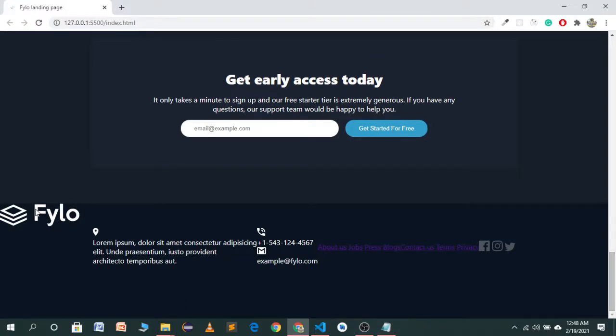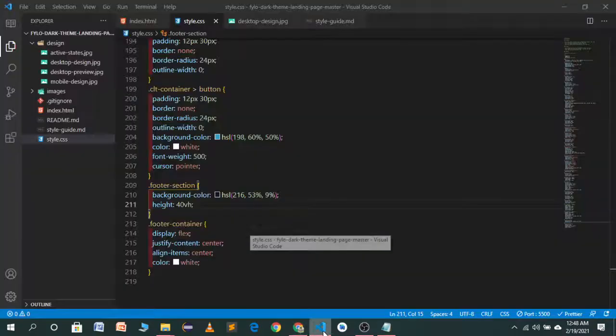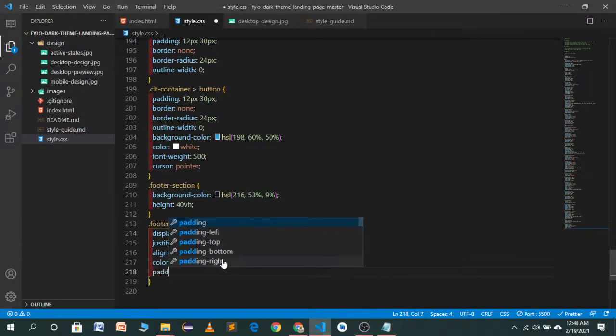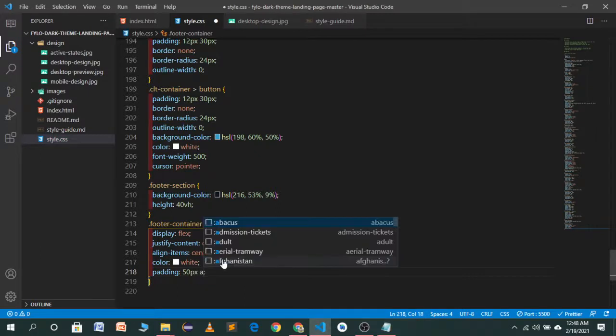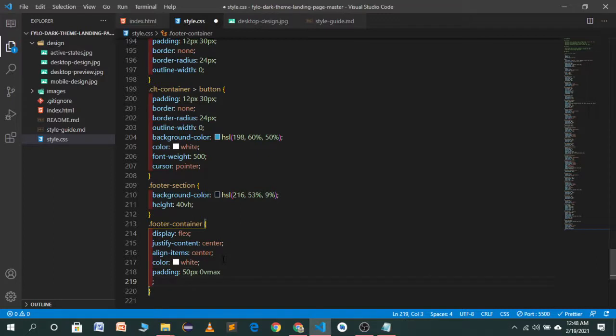but as you will see, the logo is aligned at the end of the container, so we want a padding for our footer container. For top and bottom, I think 50 pixels, and left and right, let's try 20 pixels.